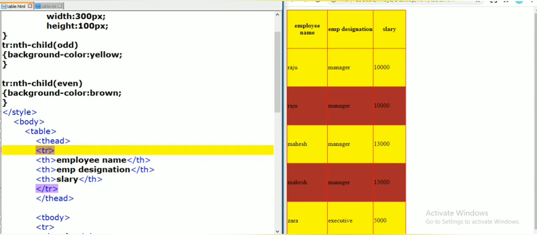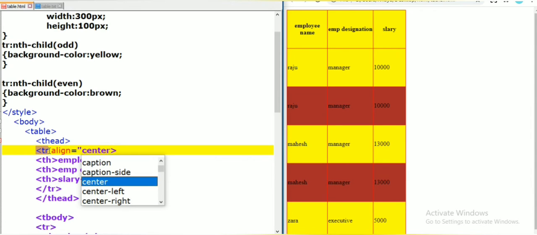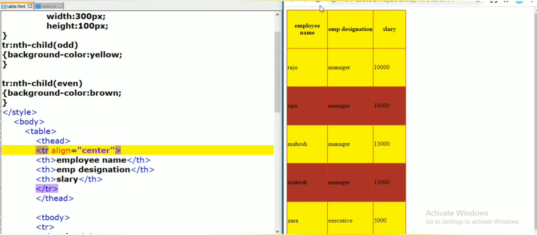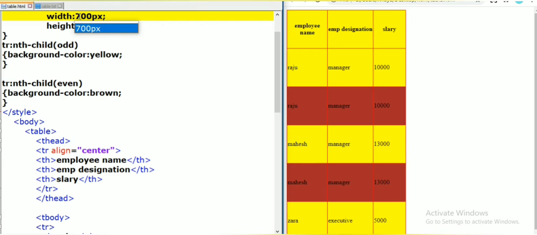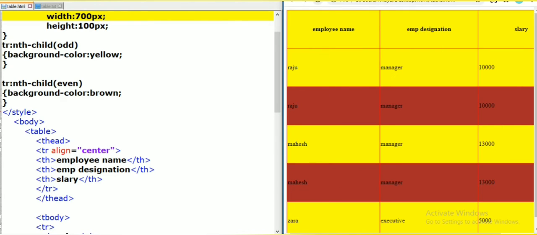If you want to align text in specific places of the cell, then we can use the align and v-align attributes of HTML. So here, table row, for the whole table row I am applying alignment as center, align equal to center. Save this, refresh here. So I will increase the width of the whole table to 700 pixels. We can make out the difference. We can see here the text of the header is aligning exactly at the center of the whole row.